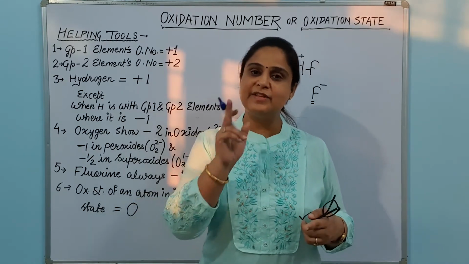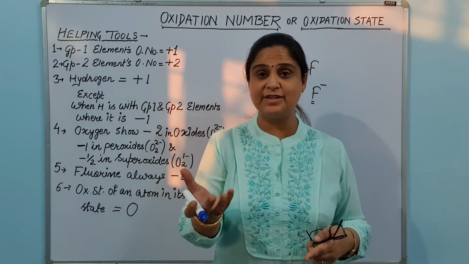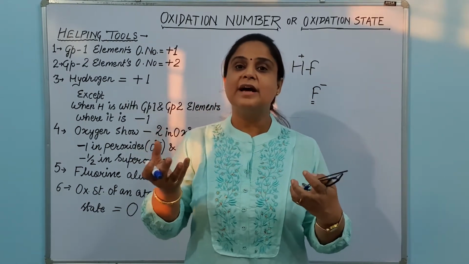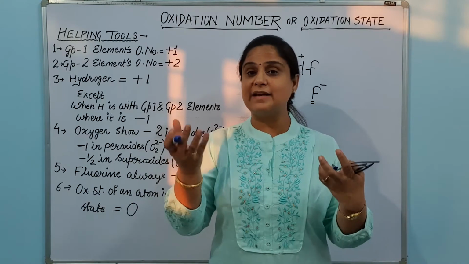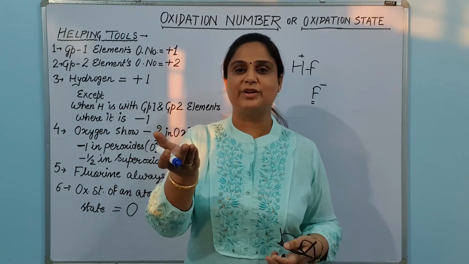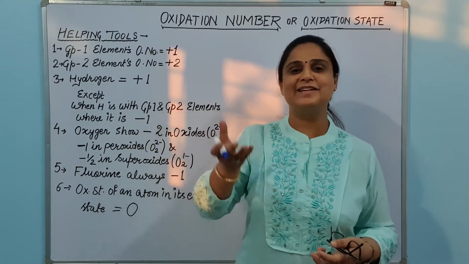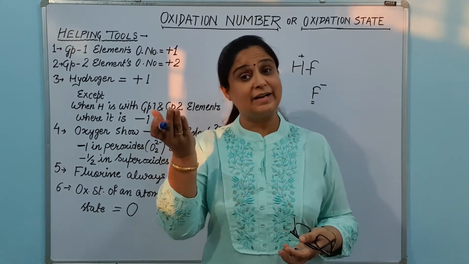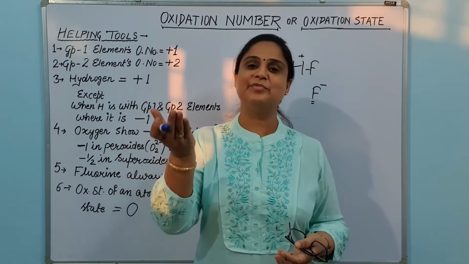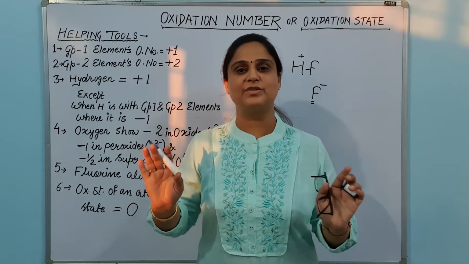Same way, if an electron is being lost by any atom, it is in tension. This tension means there is instability, and that tension, positive or negative, appears on its face. जैसे हम लोगों का टेंशन हमारे फेस पे आ जाता है, same way the tension appears on the atom, and that tension is the state of the atom, which is called oxidation state. I hope it is very clear to you now what oxidation state is.